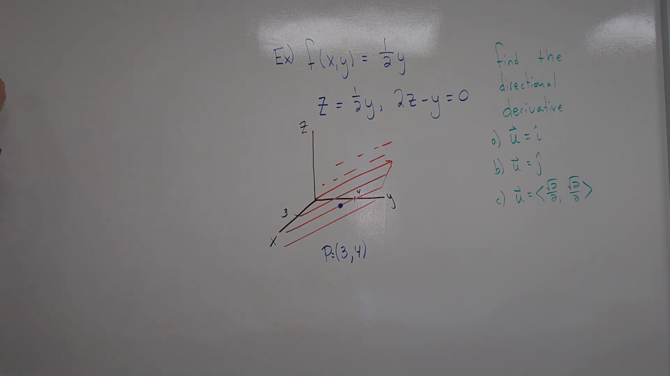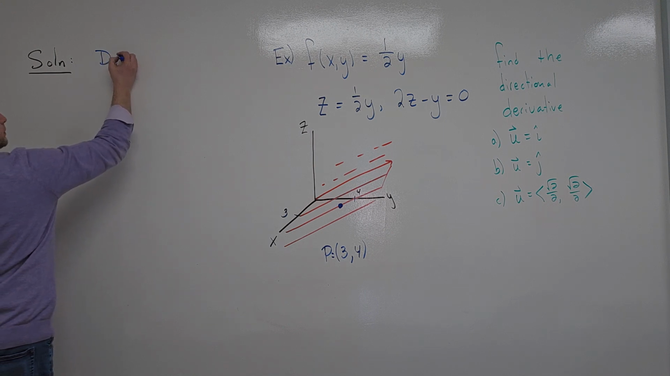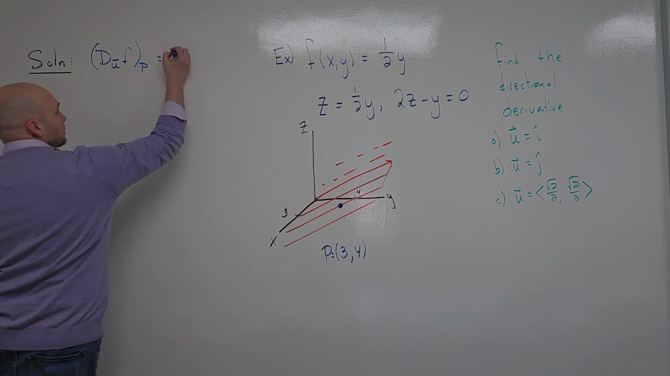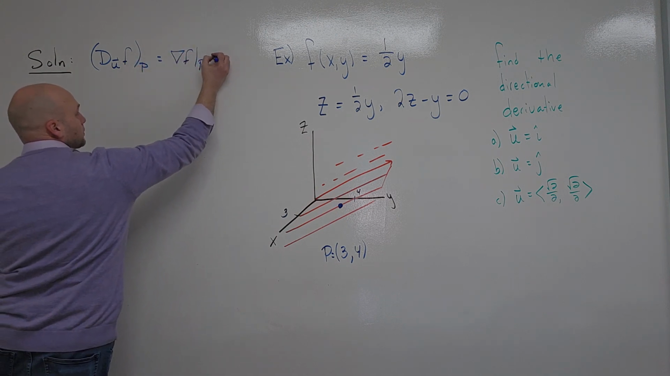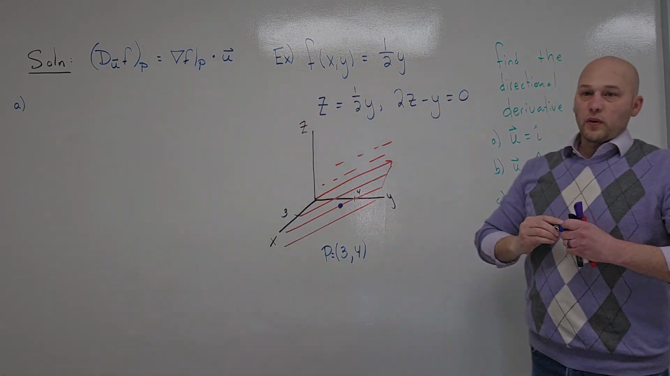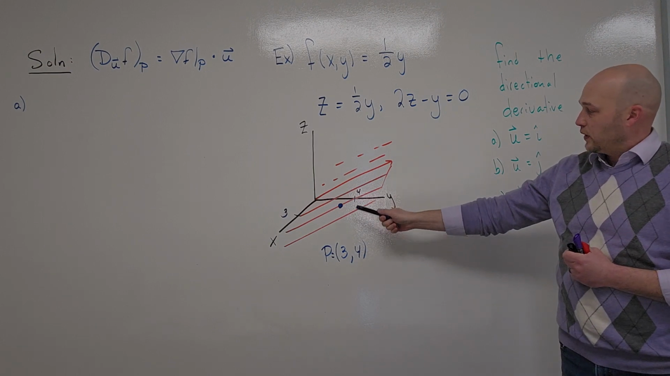So, solution. Well, I erased it, but let me go ahead and put that formula back up here. Okay, so for part A, compute the directional derivative of this function, which has this surface, and the